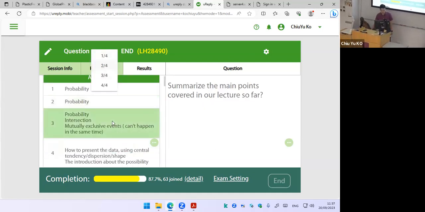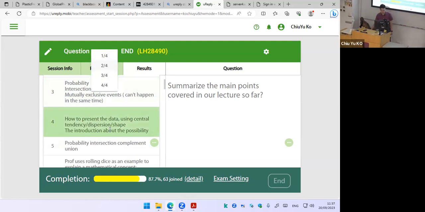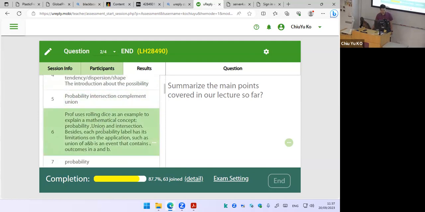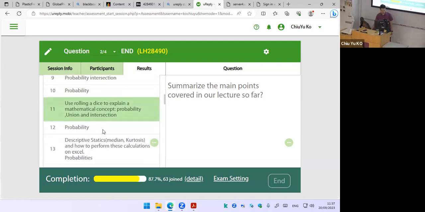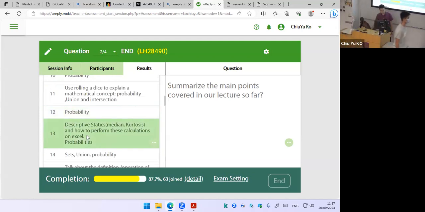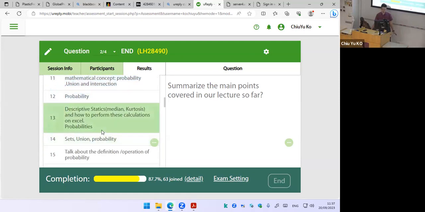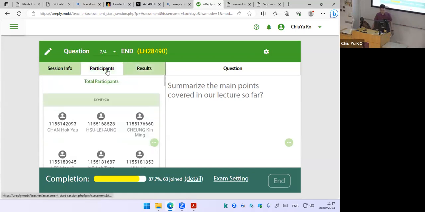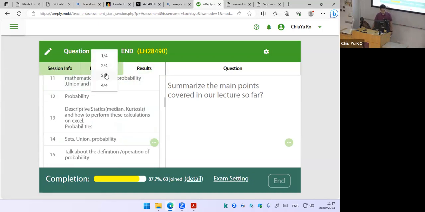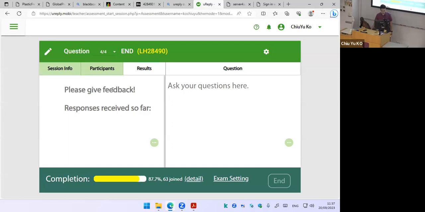Probability, so everyone knows we're talking about probability. Yeah, but I don't think I talked about how to present data today. Yeah, I think I covered this so far. I guess people are probably so far. I think it's about today as well. That's today. What do we have for the last question? Okay, so I guess that's good. We can go back.